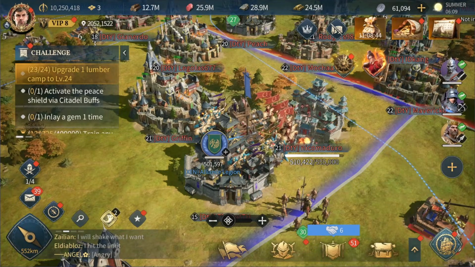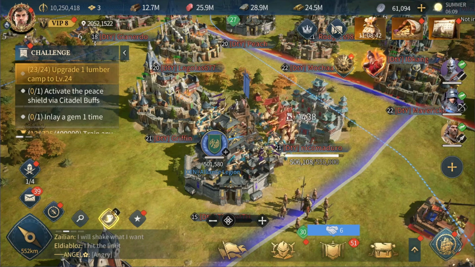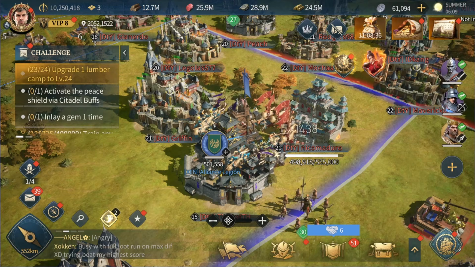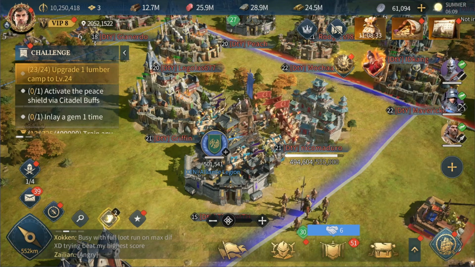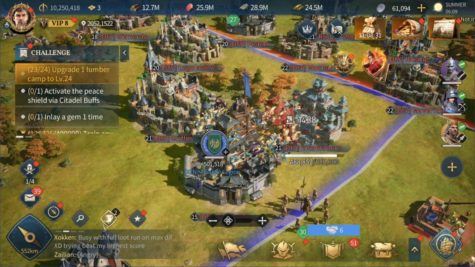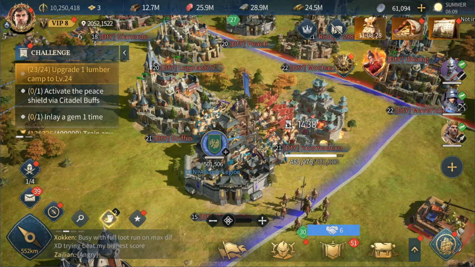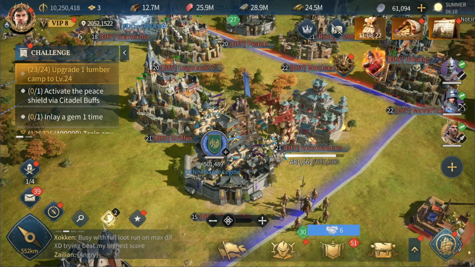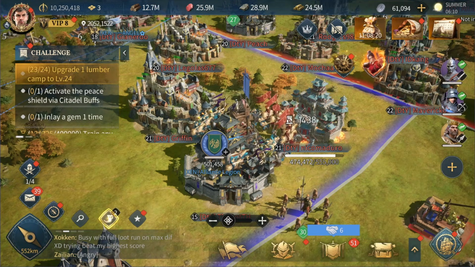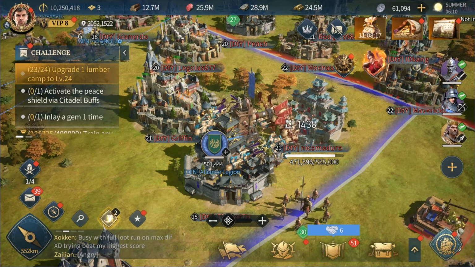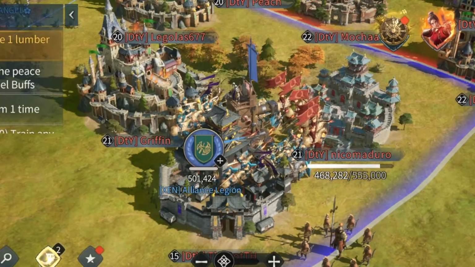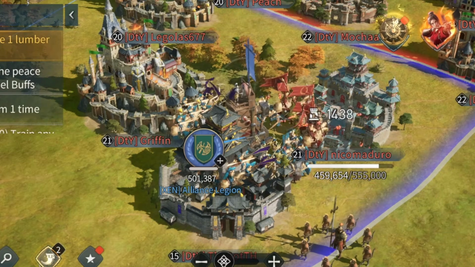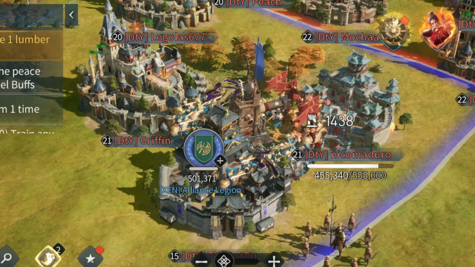The biggest shift for me happened when I stopped asking how do we win this fight and started asking, can we keep fighting an hour from now? Because winning one engagement doesn't actually matter if you cannot sustain the pressure afterward. I've seen an alliance dominate a rally, celebrate the victory, and then spend the next 20 minutes trying to get everyone back into positioning. Meanwhile, the other alliance was already rebuilding their front line, already reinforcing, already replacing, already placing another flag. The first alliance won the battle, the second one won the momentum.